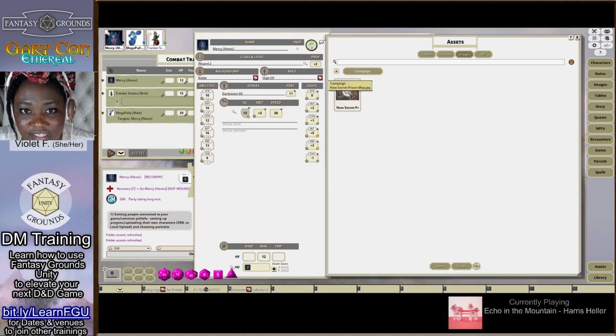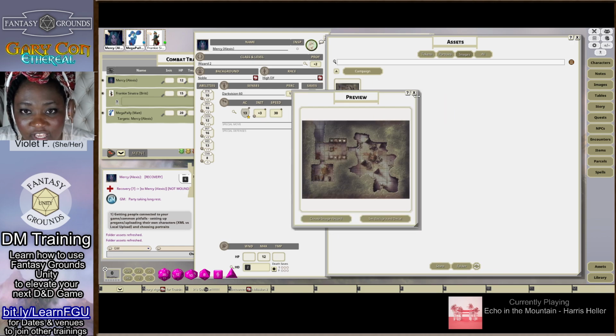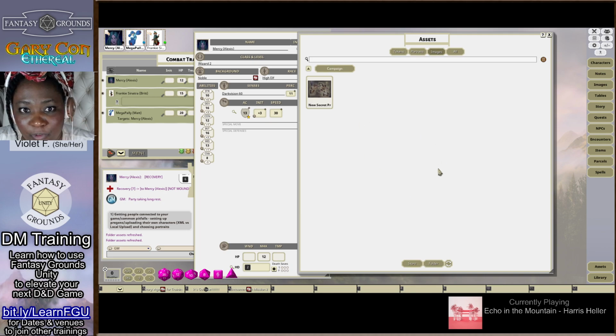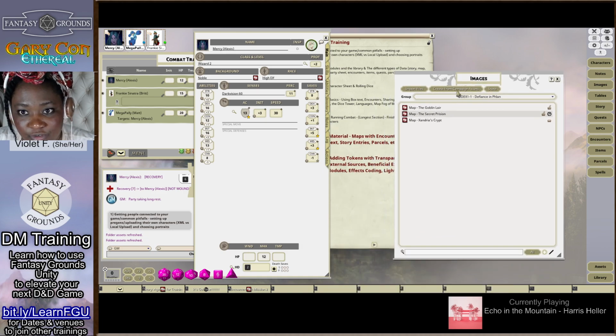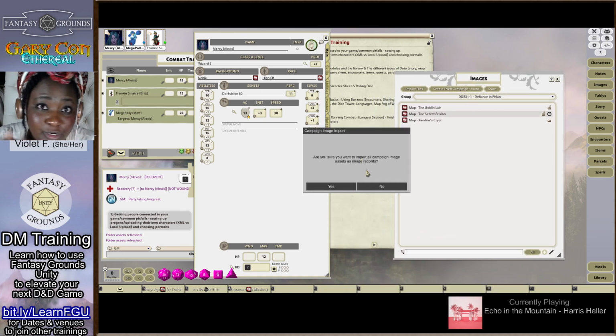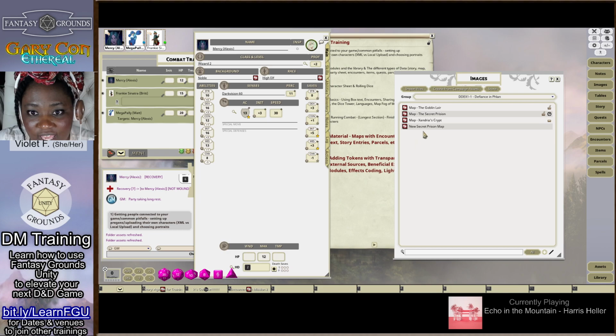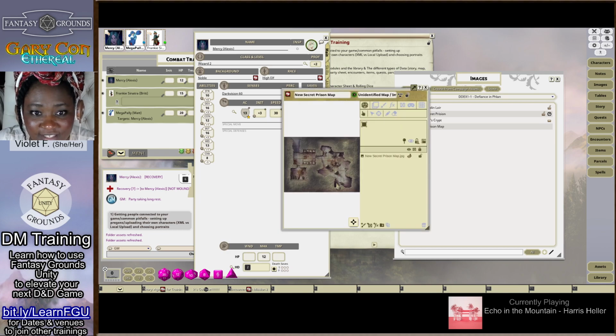Now, I can click this image one by one and hit create image record, but let's say you were bulk importing a bunch of maps, so let's assume that we did 5. You're always able to go into images and just hit create from campaign assets, and it's going to import whatever images you put in your campaign folder. And again, your campaign folder is for the specific room, so you don't have to worry about these images going to other places. It's just for this room that you're using. So when I hit yes, it'll open this much nicer secret prison map,